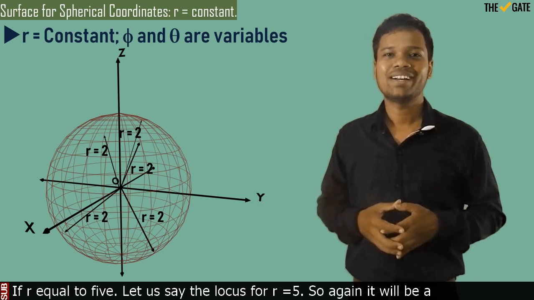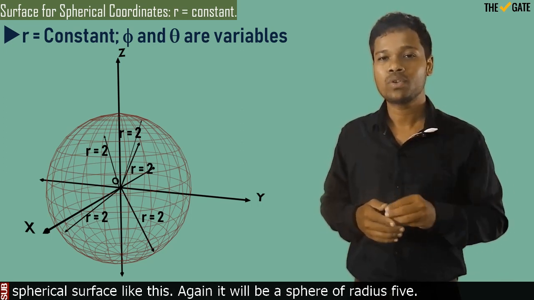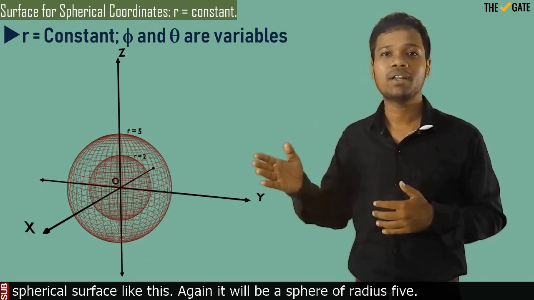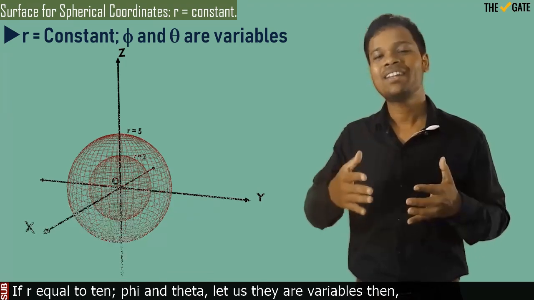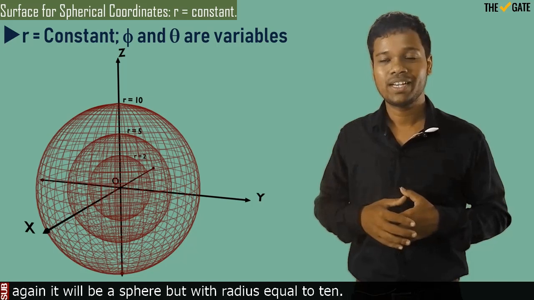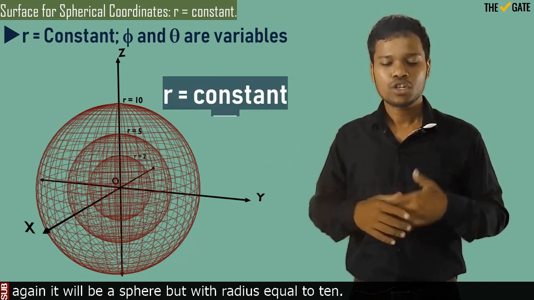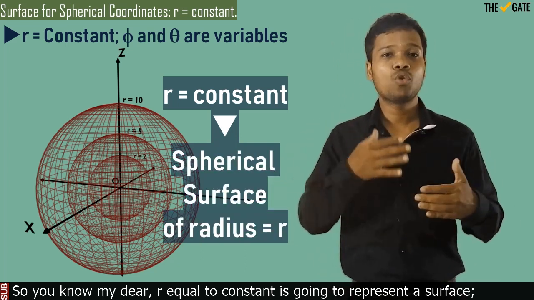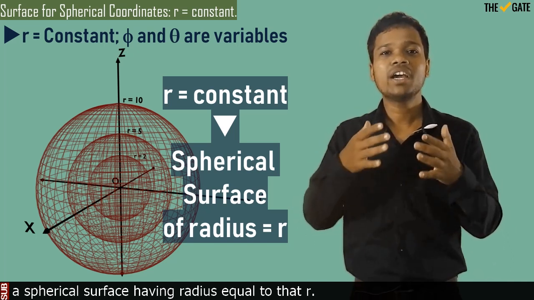Am I right? If r equal to 5, let us say the locus for r equal to 5, again it will be a spherical surface like this. Again it will be a sphere of radius 5. If r equal to 10, with phi and theta variables, then again it will be a sphere but with radius equal to 10. So you know my dear, r equal to constant is going to represent a surface, a spherical surface having radius